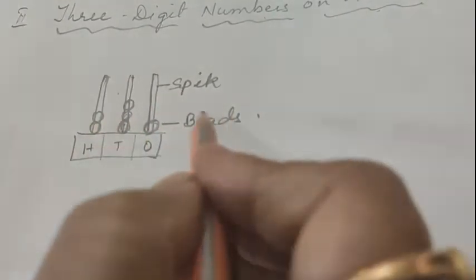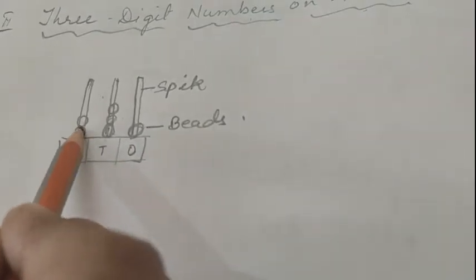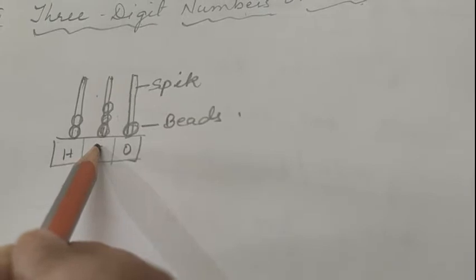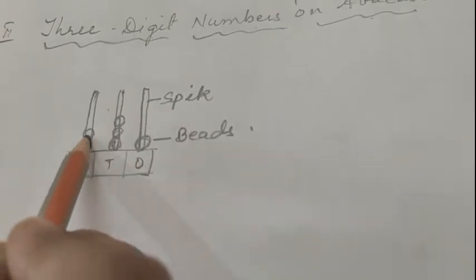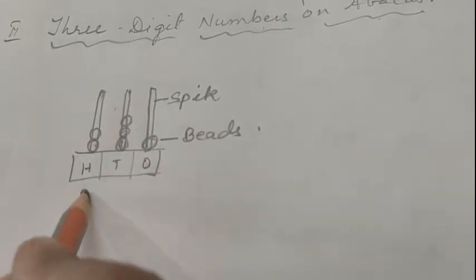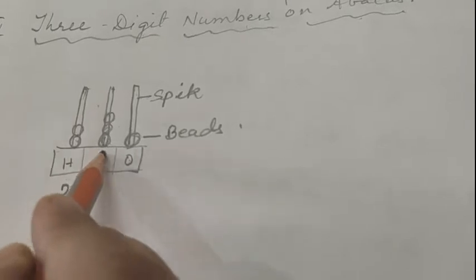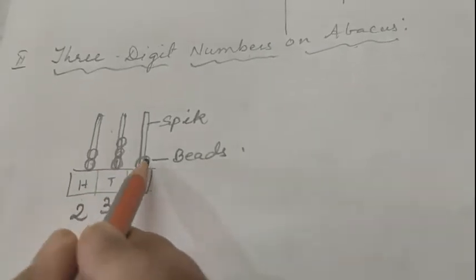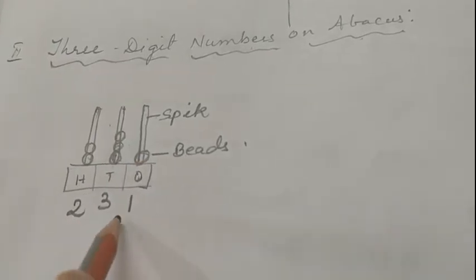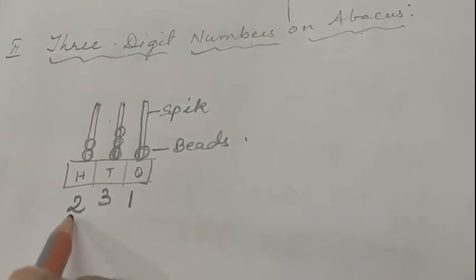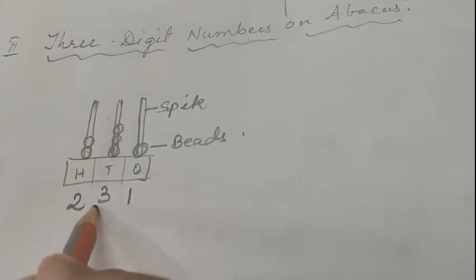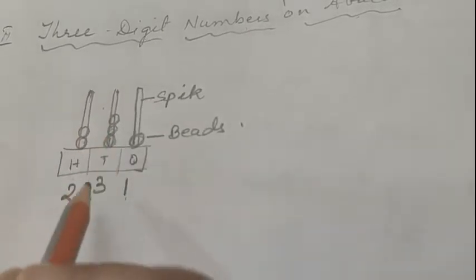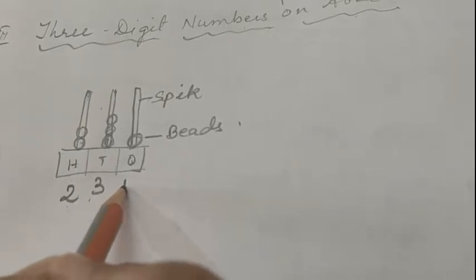So you have to count how many beads are there. In these, how many beads have I drawn? So this one is the hundreds position on the left side. Then tens position, then ones position. So how many beads are there in hundreds? 2 are there. How many beads are there in tens? 1, 2, 3. 3 are there. How many beads are there in ones? 1 is there. So what number will we call? We'll read the number as 231. Did you understand how to count the beads and write the numbers and tell the position?